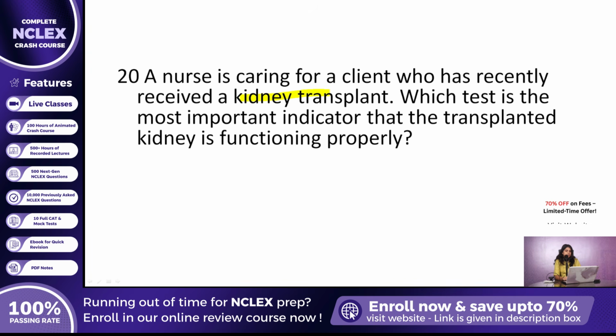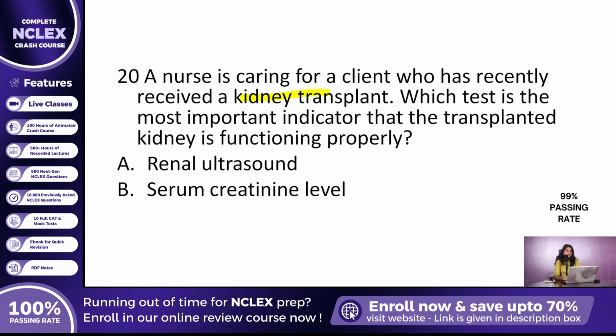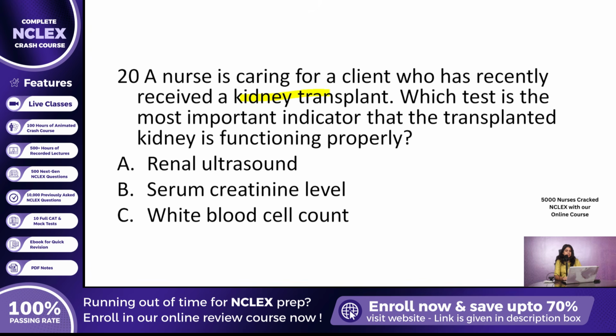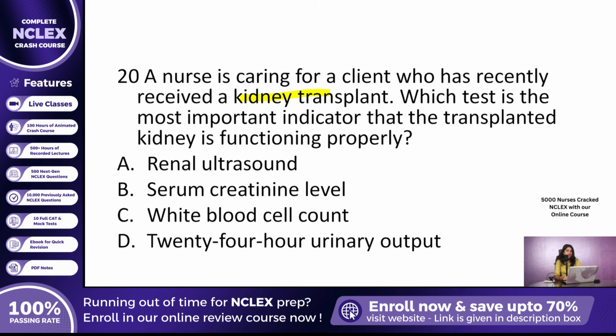So, which test serves as the most important and reliable indicator of that kidney's performance? Let us consider the choices carefully. Option A, renal ultrasound. B, serum creatinine level. C, white blood cell count. D, 24-hour urinary output. The most clinically valuable and accurate test is option B, serum creatinine level, which is the